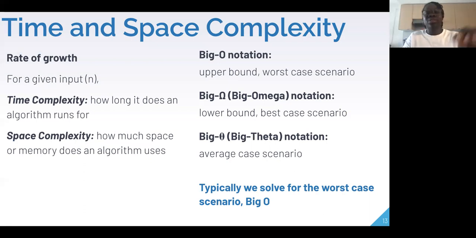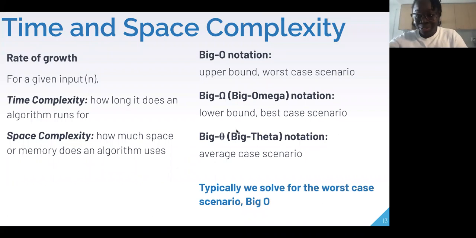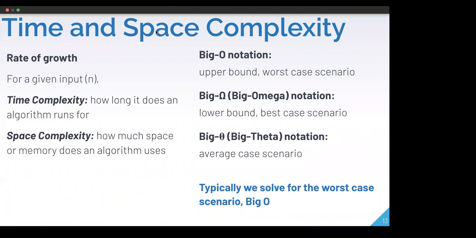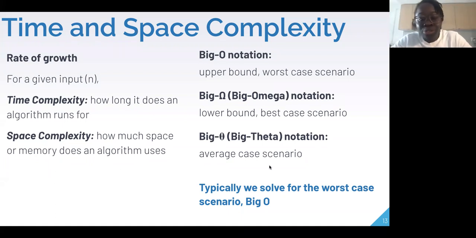Now, I wanted to quickly touch on time and space complexity. While we were going through that last solution, I'm sorry. Okay, sorry. So when we were going through the last solution, you would have seen some